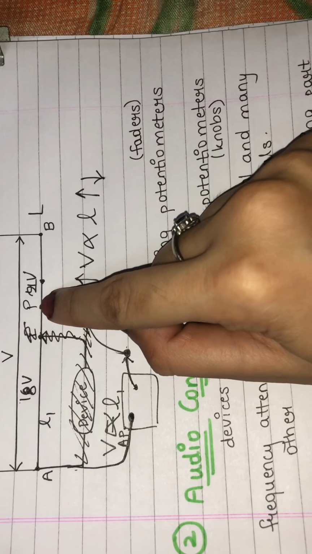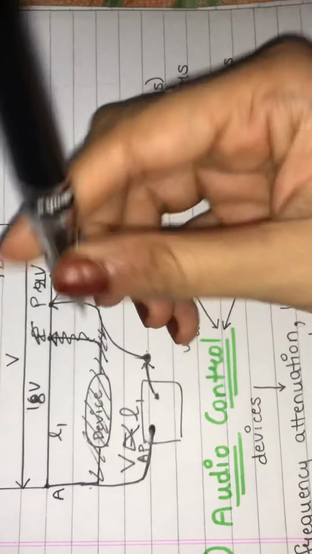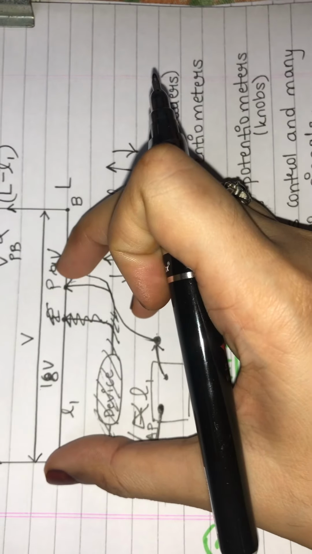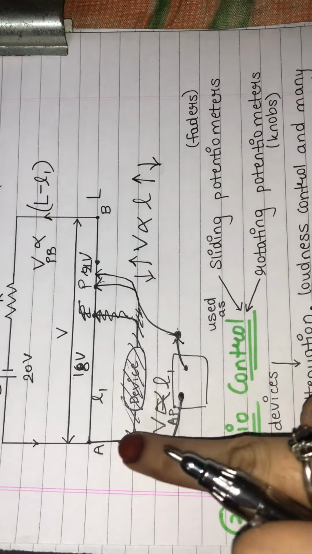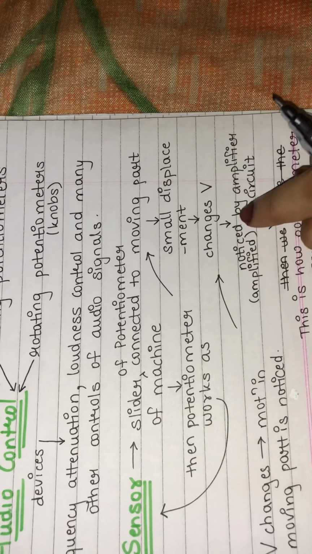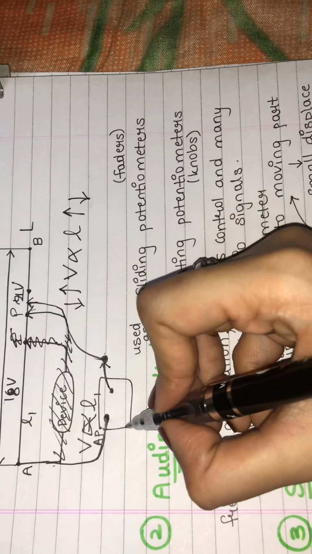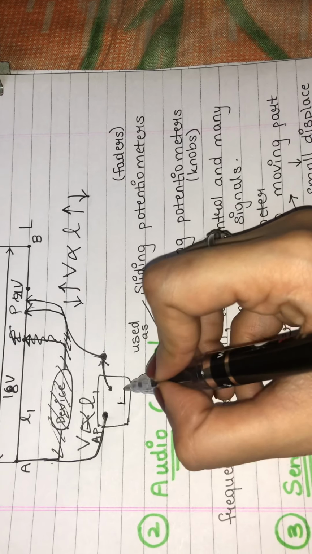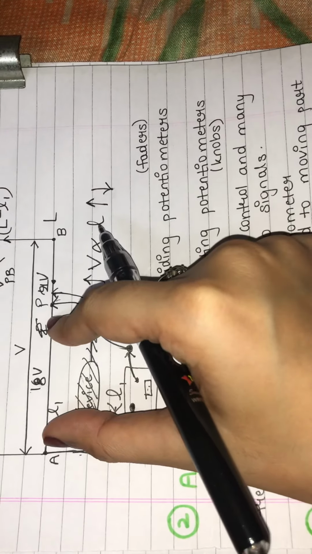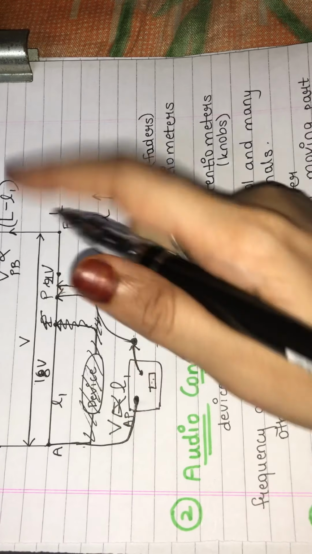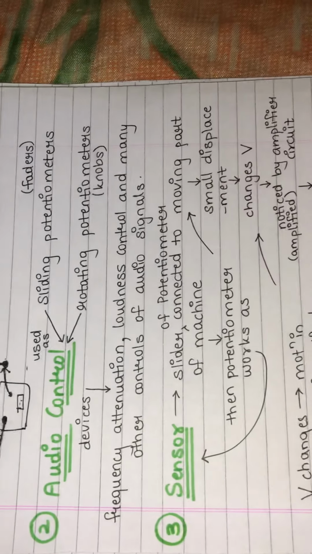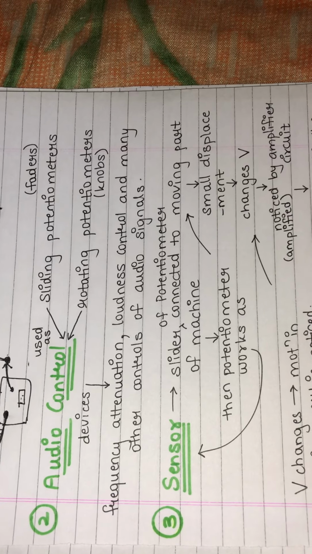See, if the slider displaces, slider यहाँ से थोड़ा सा displace होके यहाँ आ गया, length increase हो गया, so potential changes, whatever the potential earlier was, that changed, potential change हो गया, and that potential change is being noticed by the amplifier circuit, whichever circuit it might be having over here. यहाँ पर कोई भी circuit होगा, एक amplifying circuit, that amplifying circuit will notice the change in the potential, कि भाई पहले तो potential, जो भी potential device में आ रहा था, that was 18, यहाँ था ना, we have seen from A to P it was 18 volt, now the P point has moved over here, so now it is suppose 19 volt, अरे there is change in the potential, amplifier circuit has noticed this change आ गया potential में.